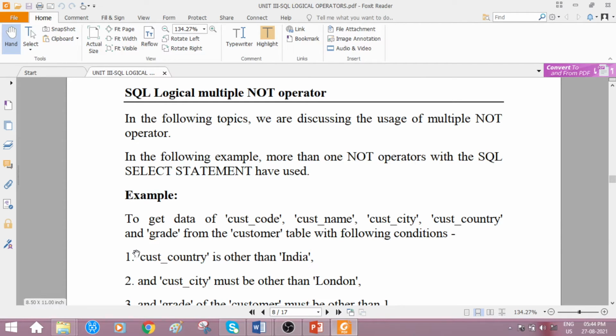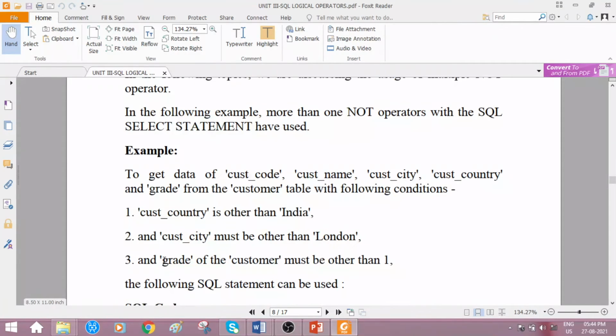Observe the example. To get data of customer code, customer name, city, country and grade from the customer table with the following conditions. Three conditions are given, and for all these conditions we are making use of NOT operators. Customer country is other than India.